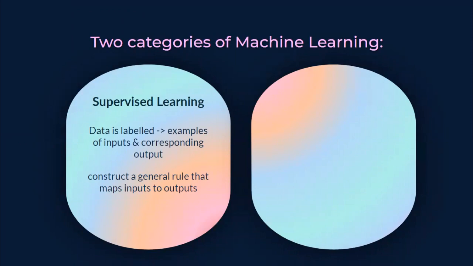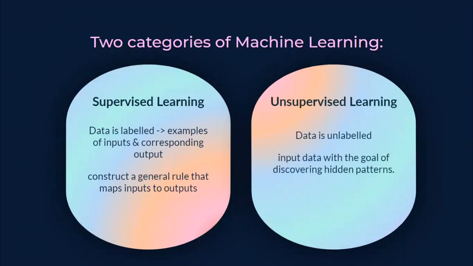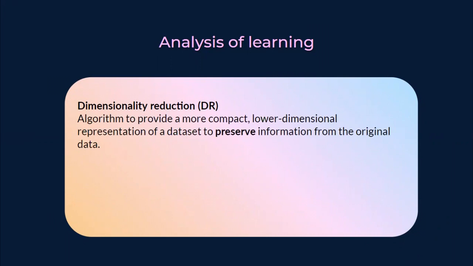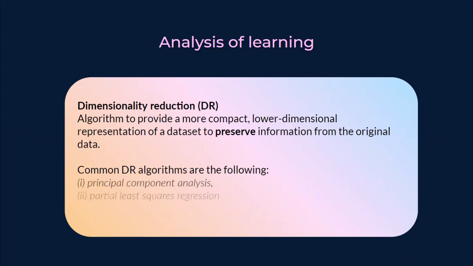Another category is unsupervised learning. In unsupervised learning, the data is unlabeled and the input data is used with the goal of discovering hidden patterns. Before implementing the learning model, the data will be analyzed through dimensionality reduction. So what is dimensionality reduction? It's an algorithm to provide a more compact, lower dimensional representation of a dataset to preserve information from the original data. The common dimensionality reduction algorithms are principal component analysis, partial least squares regression, and also linear